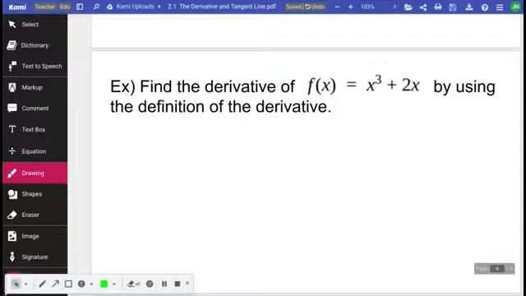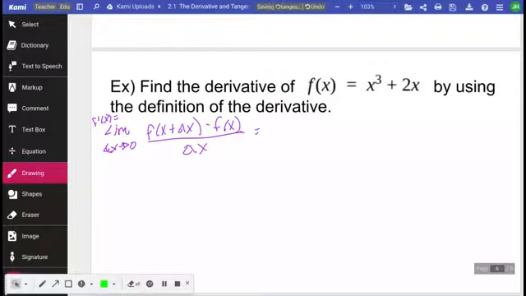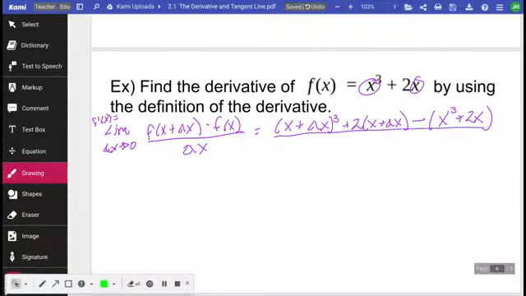So we're not at a given location, which means we most likely will have a variable in our answer. So doing the same thing, limit as delta x approaches 0. Our definition of the derivative says that we will get f prime of x equals, while we're getting ready to do, f of x plus delta x minus f of x all over delta x. Okay, so for f of x plus delta x, in place of my x's, I'm going to plug in what my f says. So I will have, instead of x cubed, x plus delta x cubed. Plus 2, instead of x, I'll have x plus delta x. Okay, then minus that whole thing. Again, I'm using parentheses to make sure I subtract that entire thing